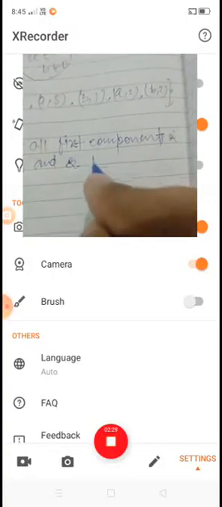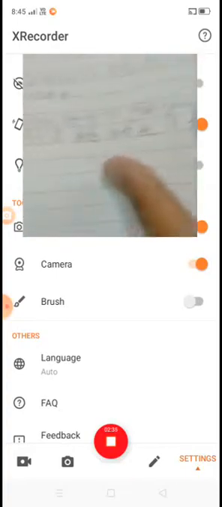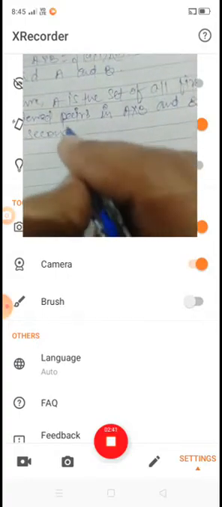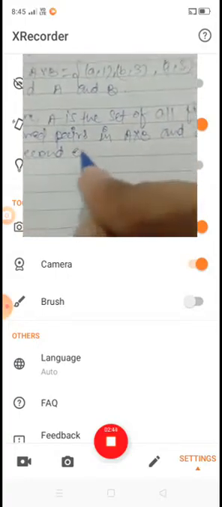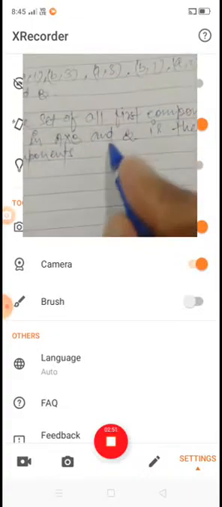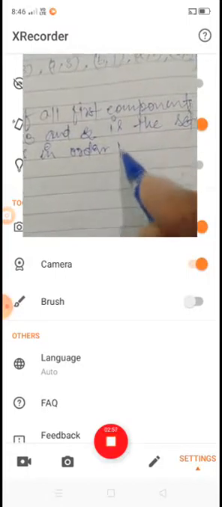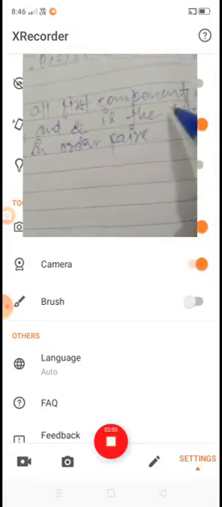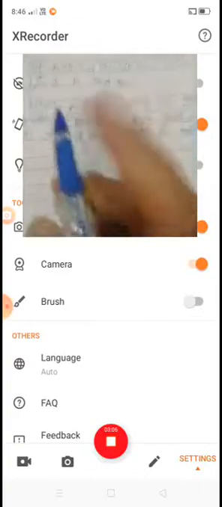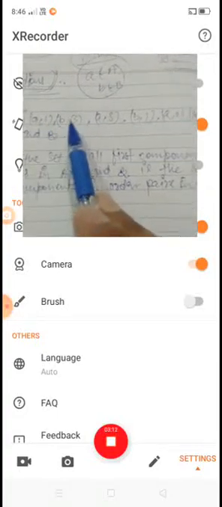B is the set of all second components in ordered pairs in A cross B. Since we have the set A